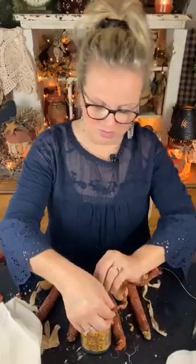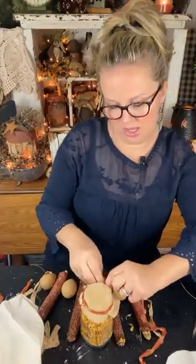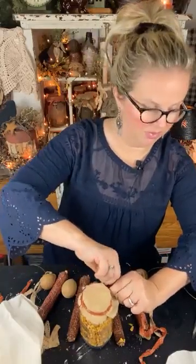Now, if you want to, you could put a label on it, a tag on it. You dress it up any way you want, okay? Or you can keep it as simple as this. Now let me tie this in a knot. If you have trouble getting your fabric to stay down, you might want to put like a little thin